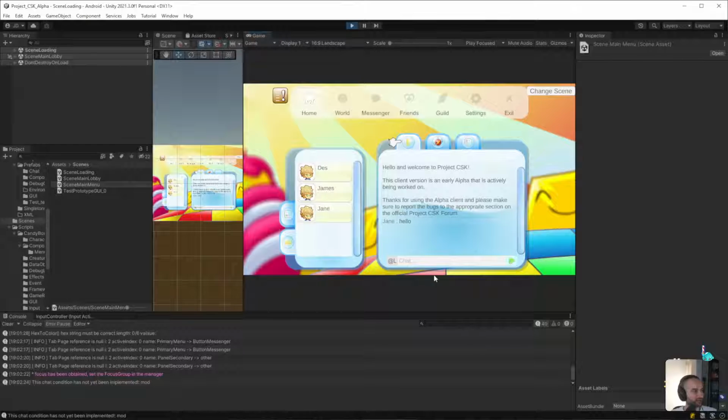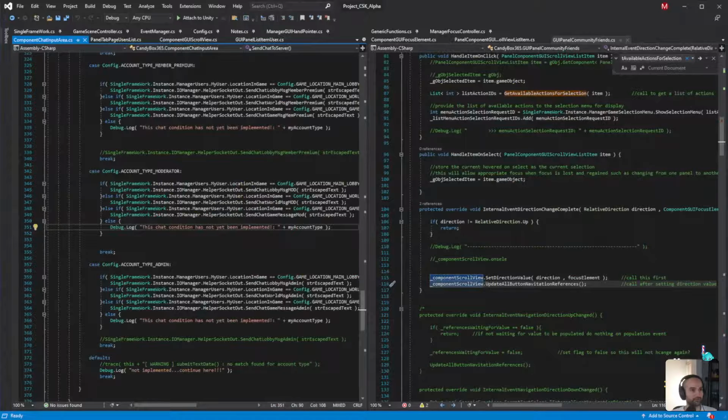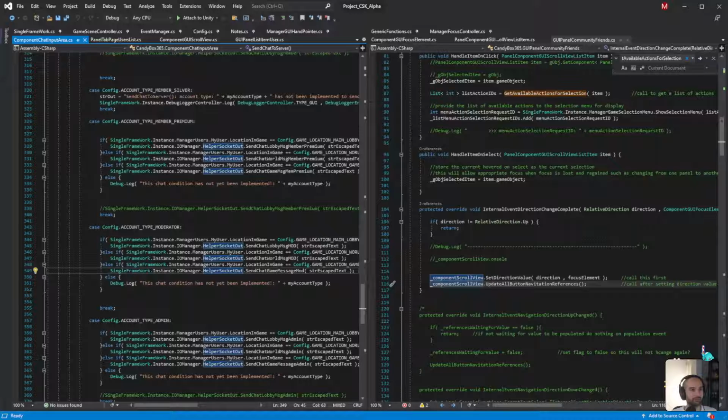This chat condition has not been implemented yet. Mod chat. Oh, really? No, that should have worked.